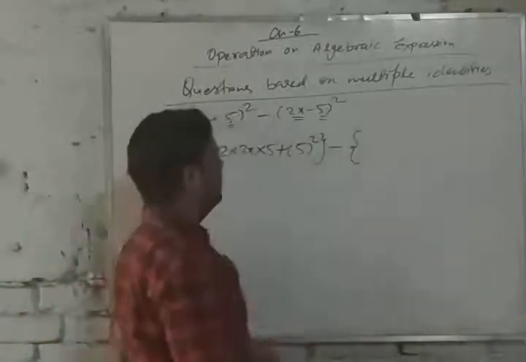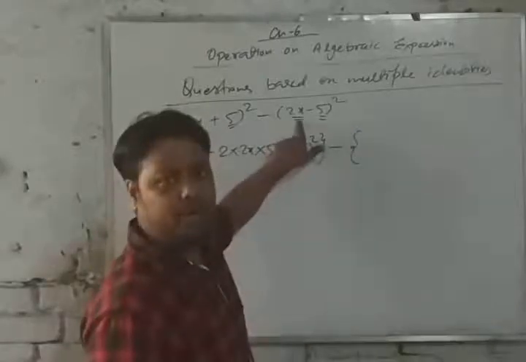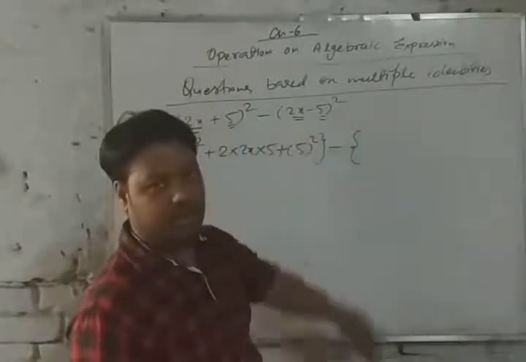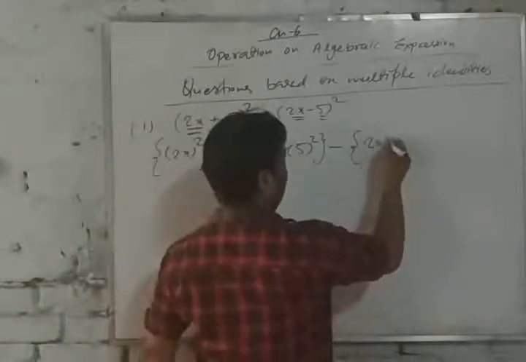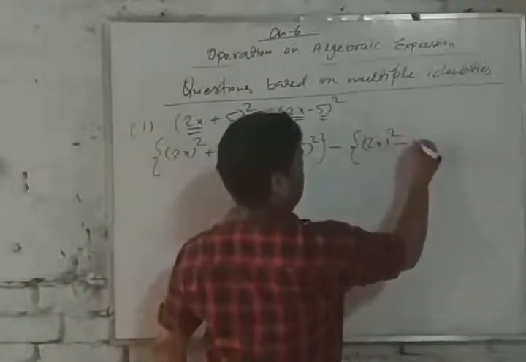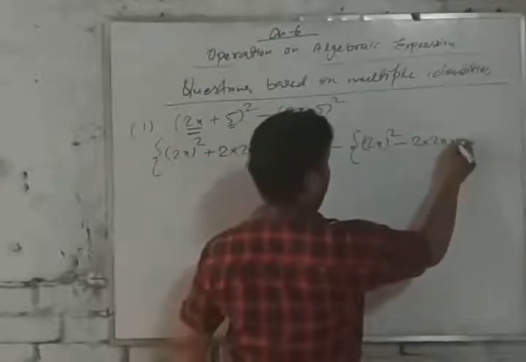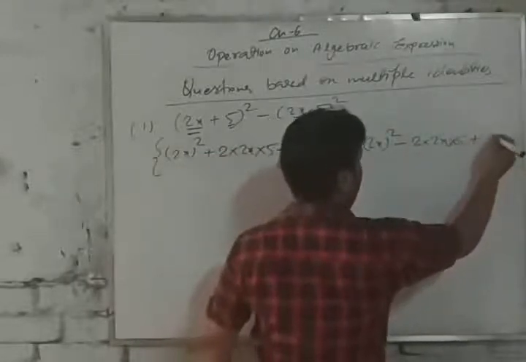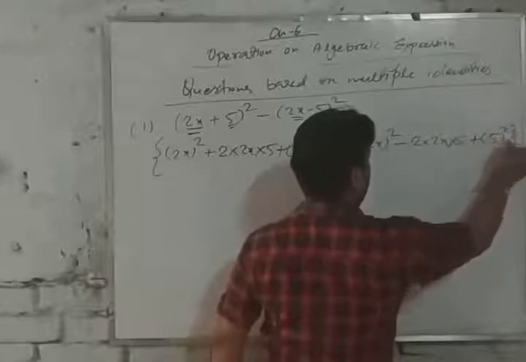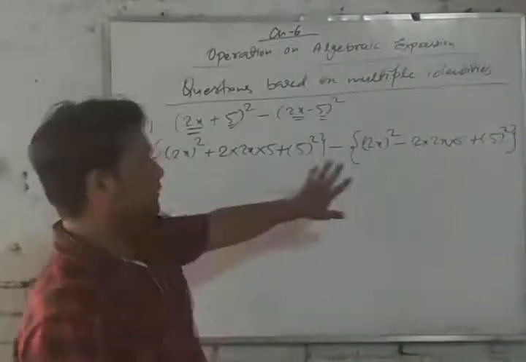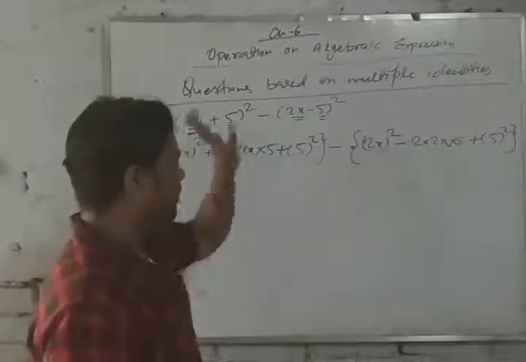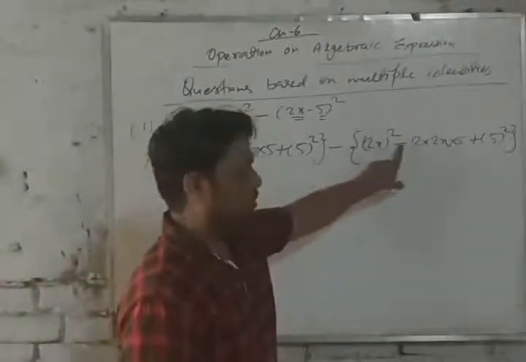Here we will write minus sign. Again here we will use which formula? (a − b) to the power 2, that is a minus b whole square. Then a square minus 2ab plus b square. Okay, this is the formula we will use. What is the difference in this formula? Same formula, but here plus and here minus only.